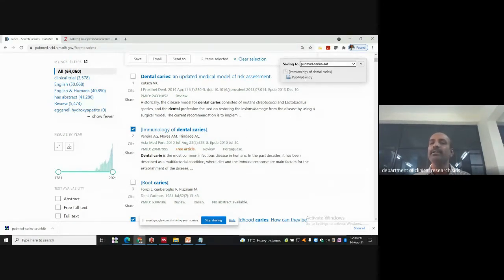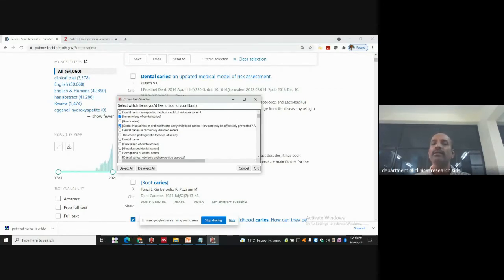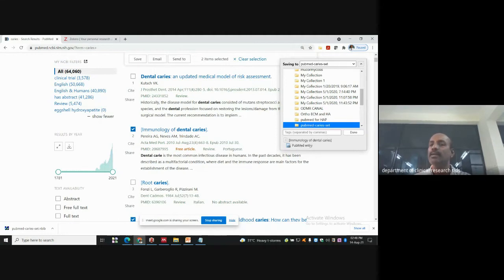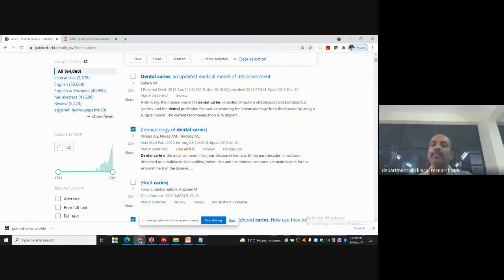Here is a PubMed entry. It's a free article. Whenever it is a free article, automatically it is going to take the article completely. So you click here. And apart from the PubMed entry, you do have a PDF also. The PDF will come here. Then you click OK, and it will save into the Zotero.